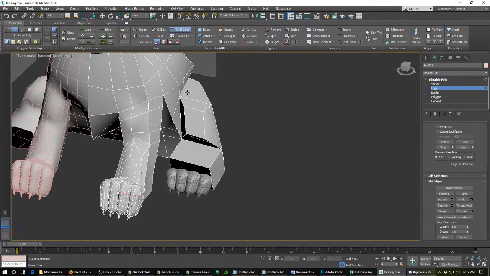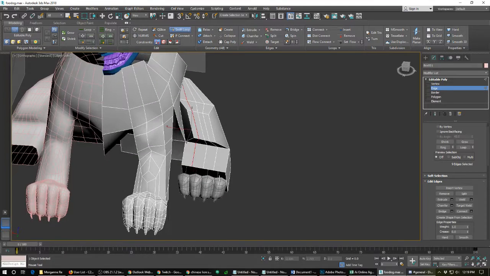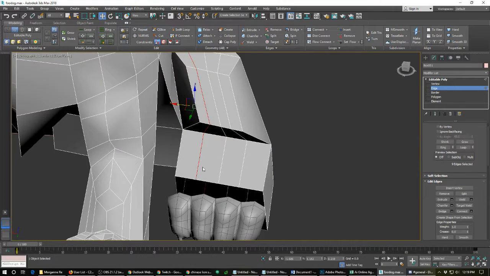We're going to go into Swift Loop here. We're going to add in one Swift Loop, and I'm going to add in two here. So that is good, like so. And then I'm going to cut my extra geometry in there. So I'm going to cut from here to here and over, and you can see